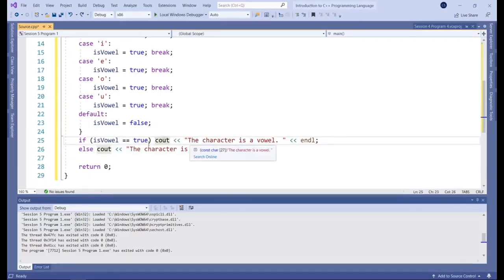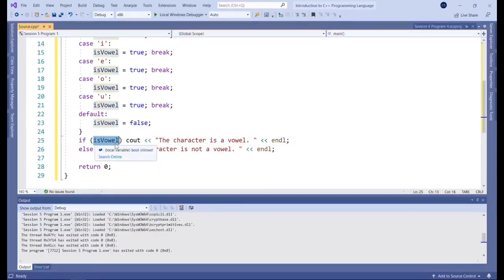The other thing is, within the if condition, because isVowel is literally a Boolean data type, we can actually get rid of this here, because by definition, if this condition within the if statement evaluates to true, then it's going to run the rest. If it evaluates to false, then it won't run the rest, and it'll go on to the else line.